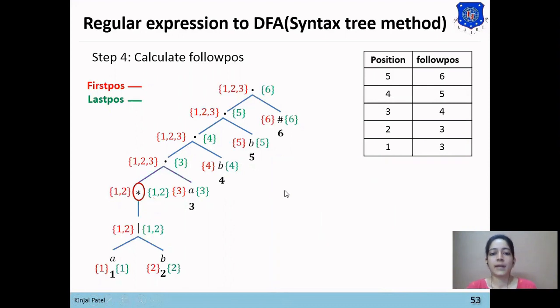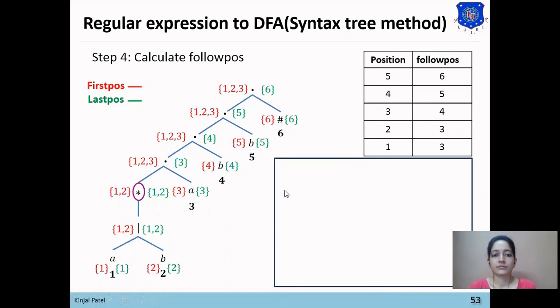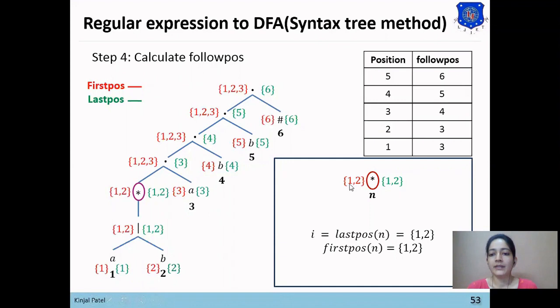Now we'll apply the second rule, which is for the star node. I have just copied down this star part in the square box. For the star node, see the last position of that node. The last position is 1, 2 and the first position is also 1, 2.